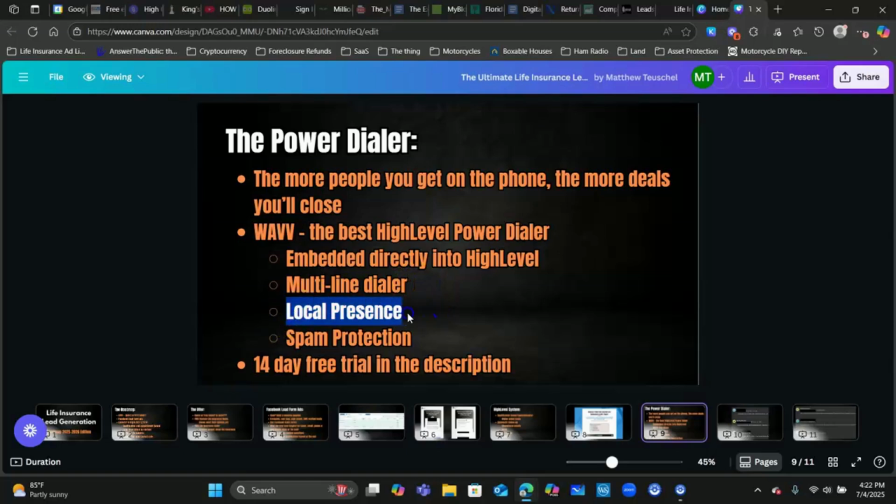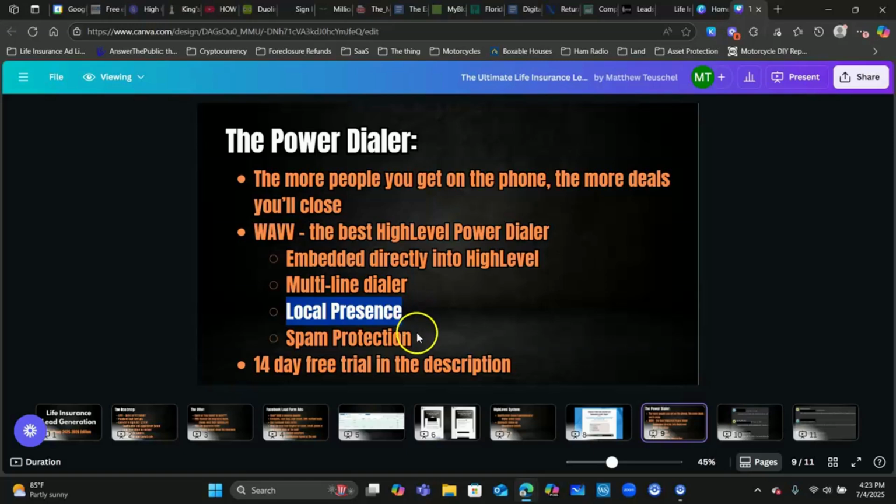Okay. Local presence. This, for me, is the magic pill. What this does is basically it matches the closest area code of the phone numbers that you own, and you can purchase numbers inside of Wave for, I think, like $1 a month. I recommend buying 3 or 4 for every state that you're generating leads in. It's going to take the closest area code from the phone numbers that you own and match it, as close as it can, to the area code of the lead that it is dialing. So it basically looks like their neighbor is calling them instead of a toll-free number 877 or